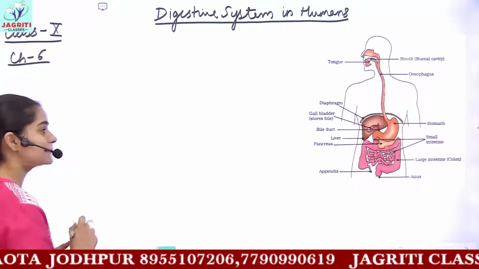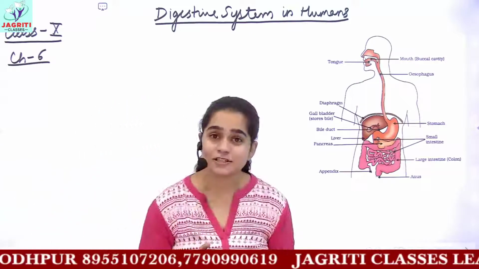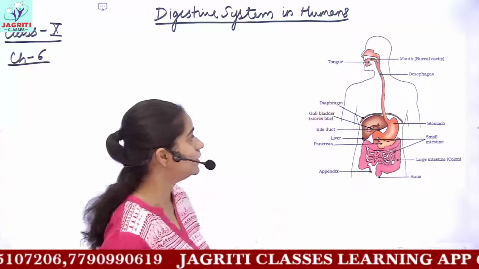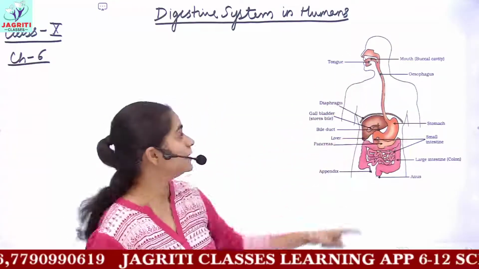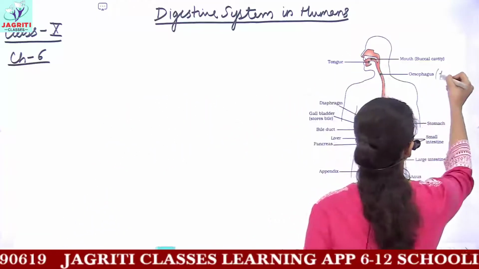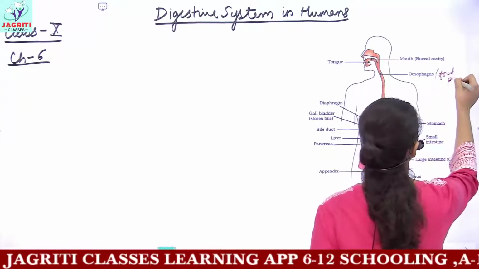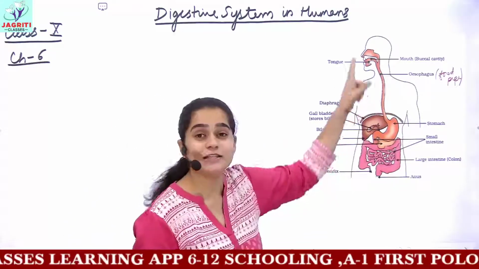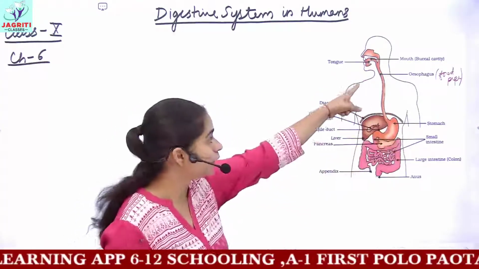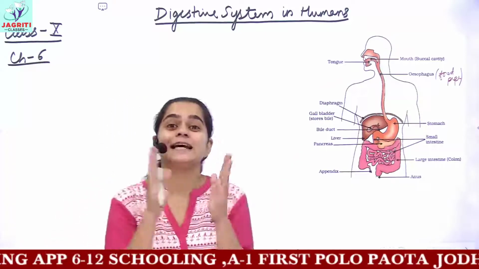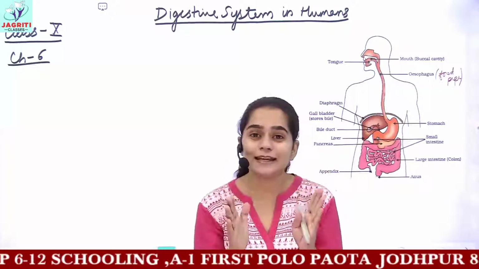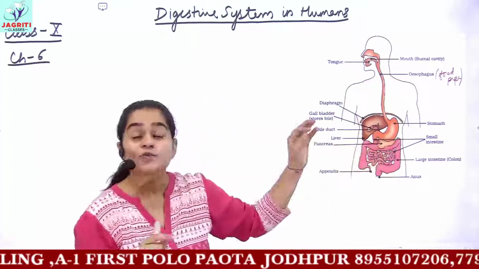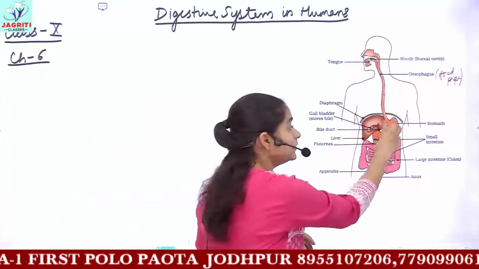We have already discussed various parts of the digestive system. The first was your mouth, then we discussed the buccal cavity, okay? Then we discussed the esophagus. Esophagus is also known as the food pipe. And we also said that no kind of digestion takes place in the esophagus. But the important feature of the esophagus is peristalsis movement, that is the simultaneous relaxation and contraction of this muscular organ, which forces your food down until the stomach.